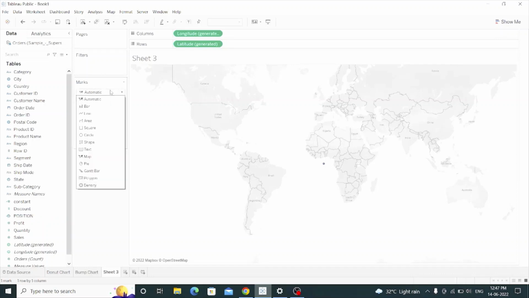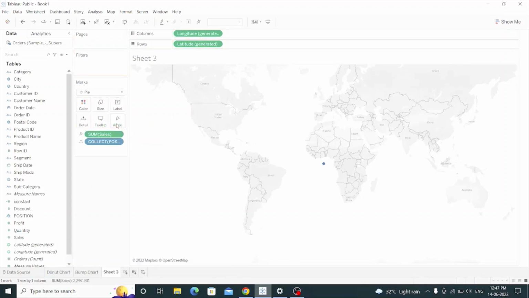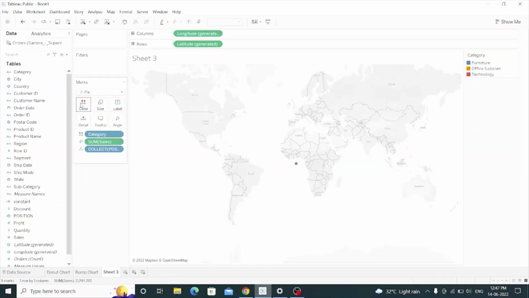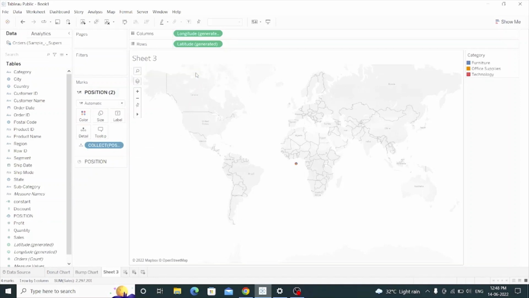Make pie in the marks card and add sales to angle and category to colors. Now add position to the marks layer. Here is the marks layer. A new marks card will appear. Make it pie